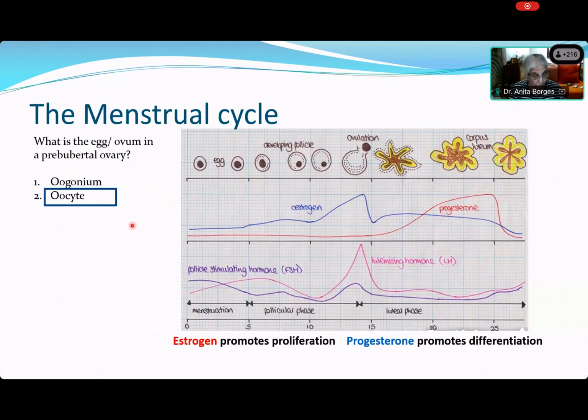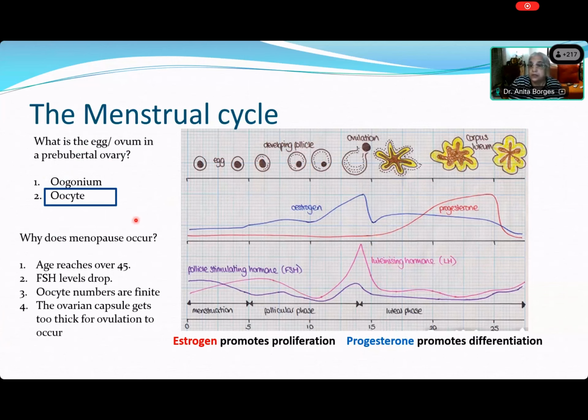In fetal life, you do not get... It becomes an oocyte even towards the end of fetal life. So when a female child is born, they are all oocytes. There are absolutely no oogonia, not like in the testes where you have spermatogonia. You don't have oogonia in an ovary at any point of time.